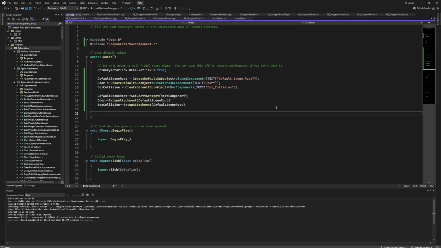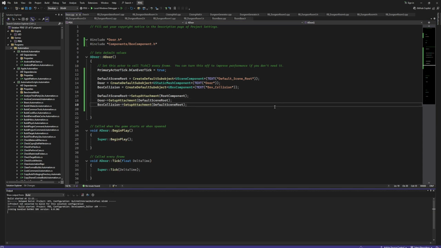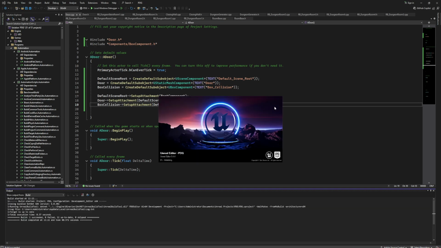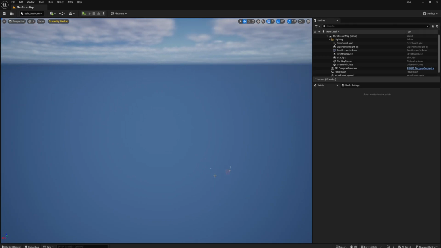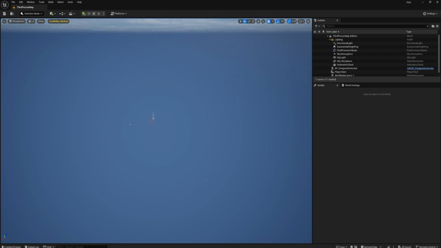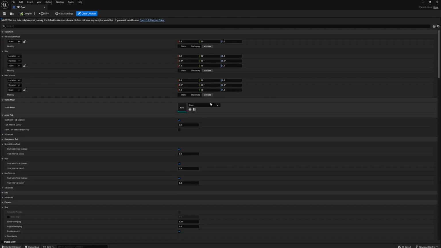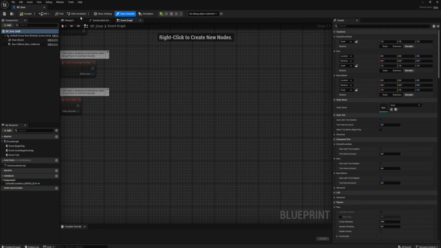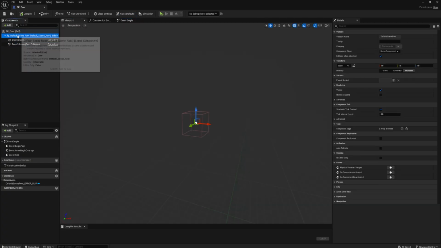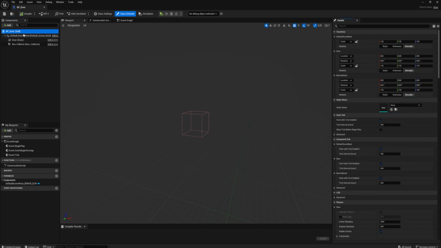So now let's just compile our code. And after that, let's launch our Unreal Engine. So now here we are inside our Unreal Engine, and let's see what we did inside our blueprint door. Okay, so let's open it. Now let's click on Open Full Blueprint Editor, and on the left side you will see that we have actually